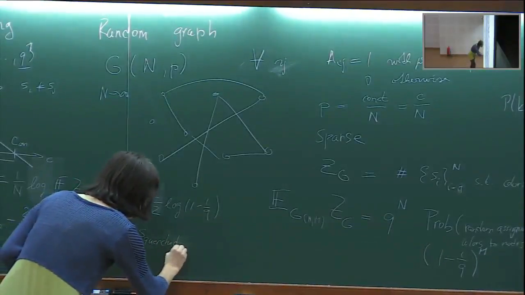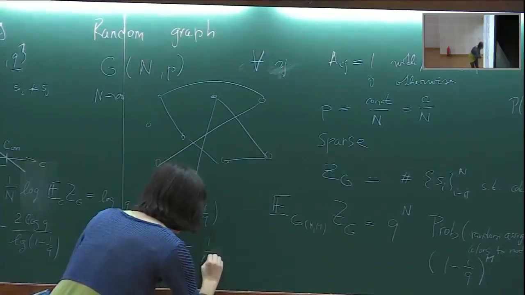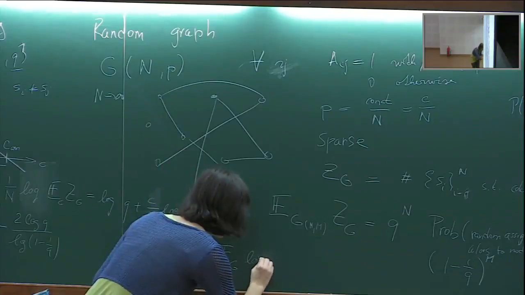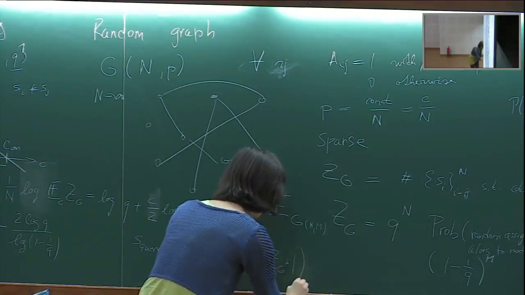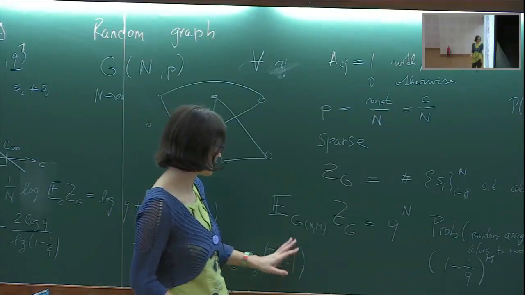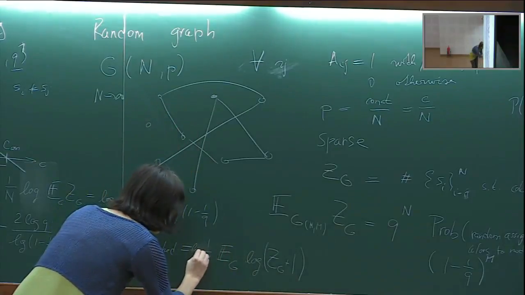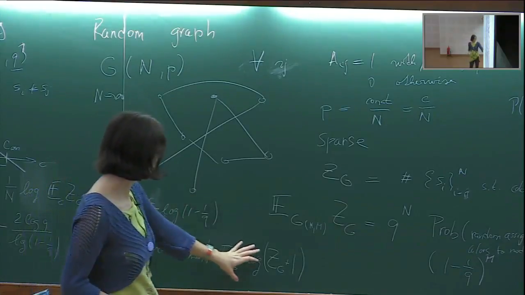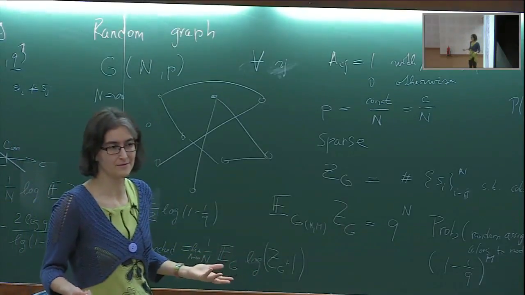The quenched entropy will be something more physical, but I switch the expectation and the logarithm. So I will still have the expectation over graphs, but now I put the logarithm inside. Now, Z_G might be 0, so just to be sure that this is never 0, because then the logarithm is not defined, let me put +1 here. Since these things are typically exponentially large, it will not matter, because I'm always thinking of the limit n to infinity. So let's think whether switching this expectation with the logarithm can lead to something very different or not.